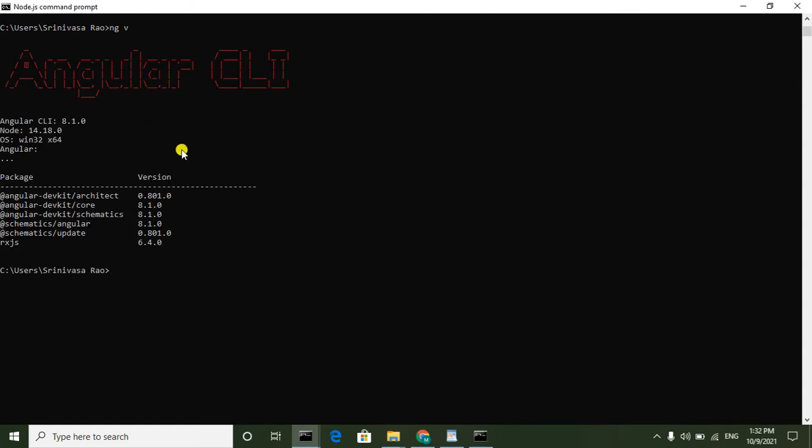So here we can see the Angular version. So Angular CLI is successfully installed. The version is 8.1.0. Node version is 14.18.0. Like here we can see now the Angular CLI is installed successfully.